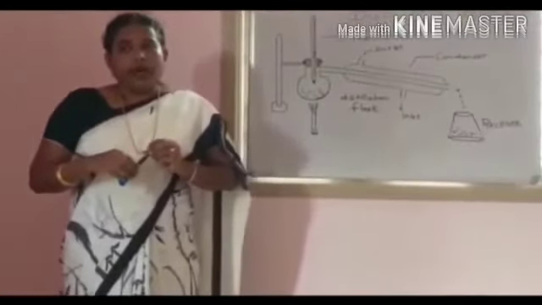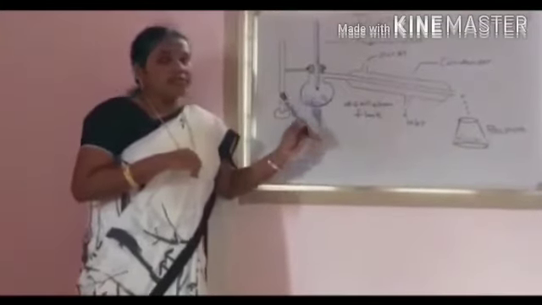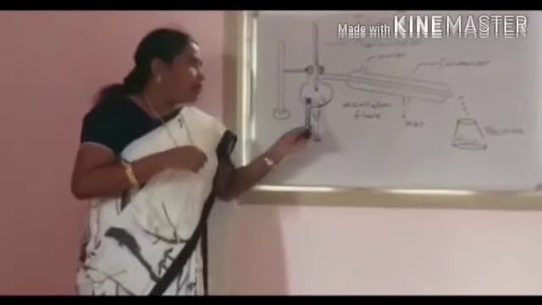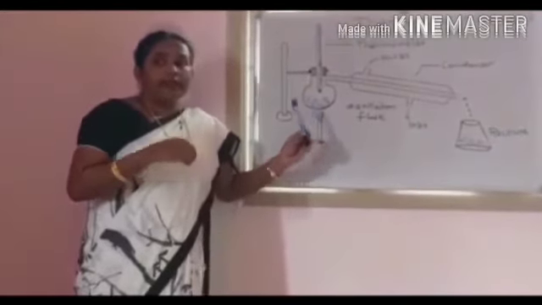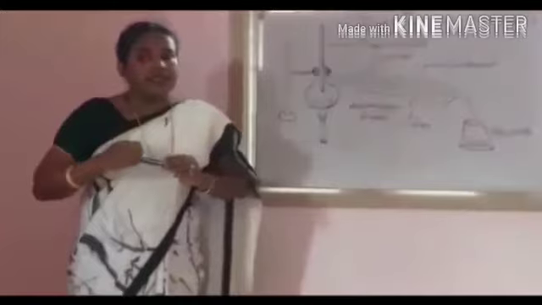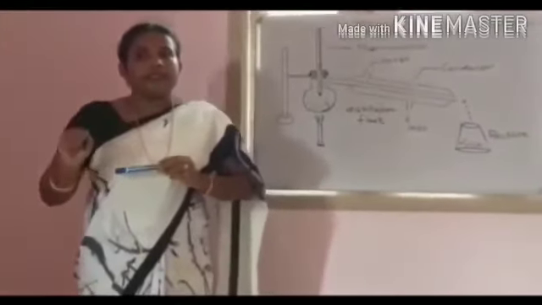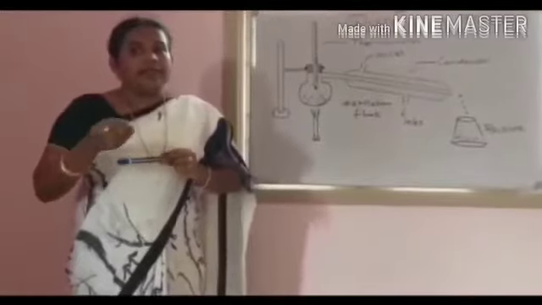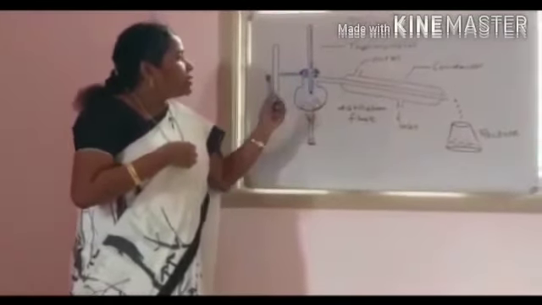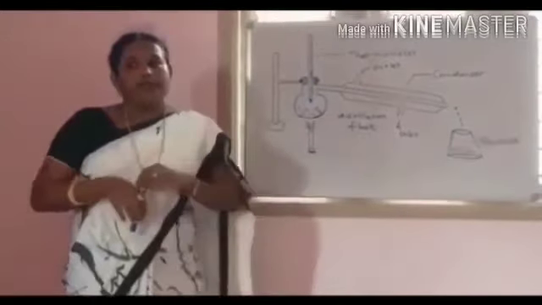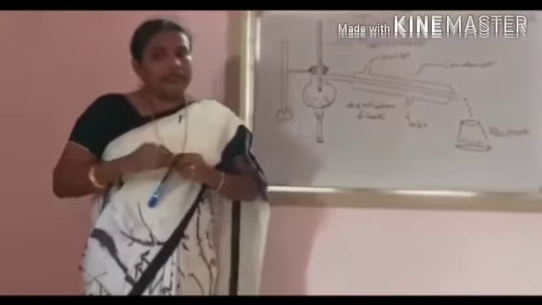Now assume an acetone and water mixture is taken in the distillation flask. Some porcelain bits are added and it is heated up. When the temperature reaches 56 degrees Celsius, acetone alone vaporizes and the vapor travels up into the side arm where a thermometer sits and measures the temperature. The vapor continues into the condenser.